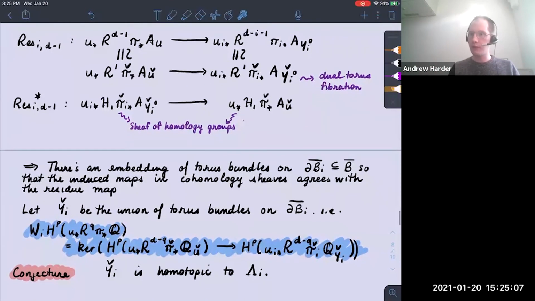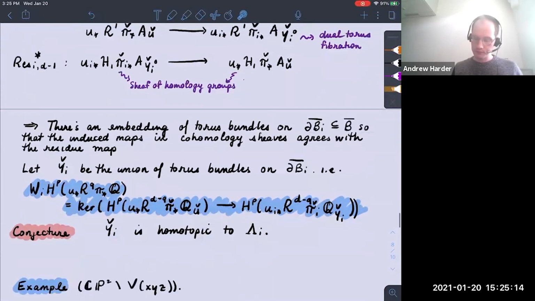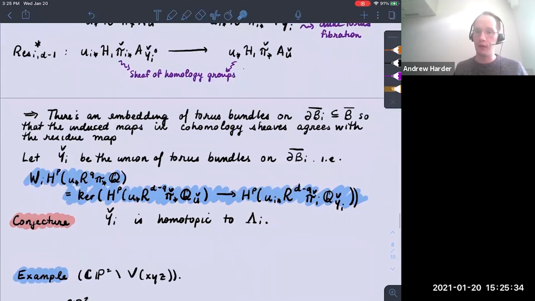Right, so this looks a lot like the way I constructed the Leray filtration, the perverse Leray filtration. And so the conjecture is then that if this can be done, then this is homotopic to these pieces, these hyperplane pullbacks, for some specific choice of affinization map. And I only have a couple minutes left, so I'll go through a very basic example of what this all means